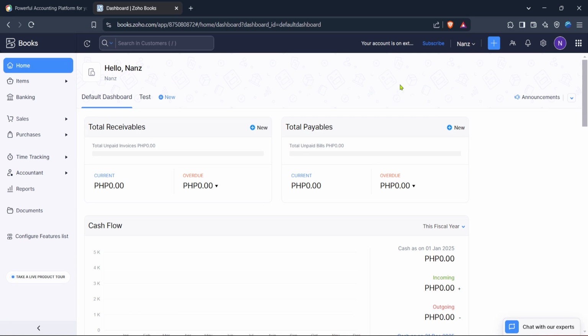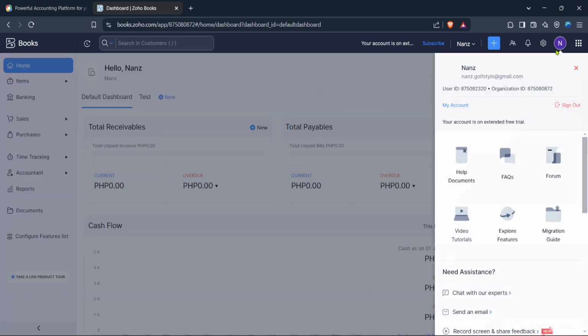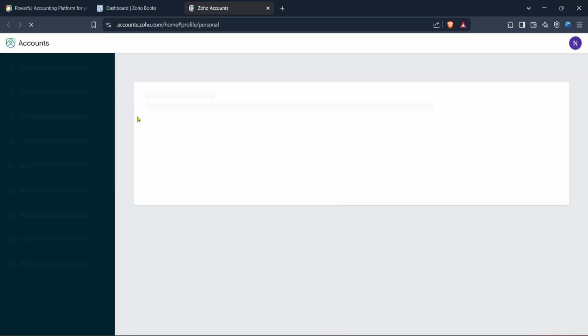Now look towards the top right section of the dashboard. You'll see an option labeled My Account. Click on My Account to take you to the settings page where you can manage various elements related to your Zoho account. This page is where you can customize your preferences, manage your subscriptions, and most importantly, enhance your account